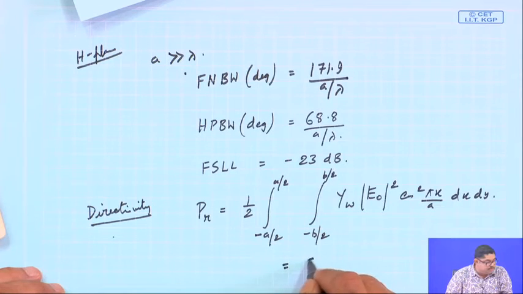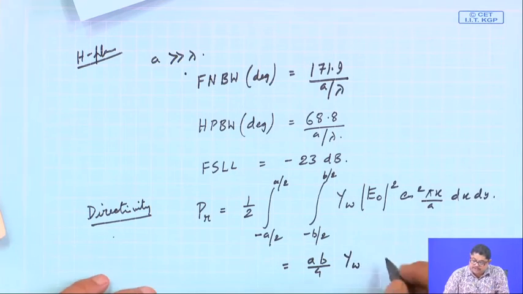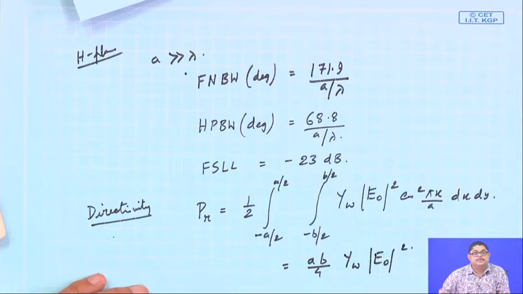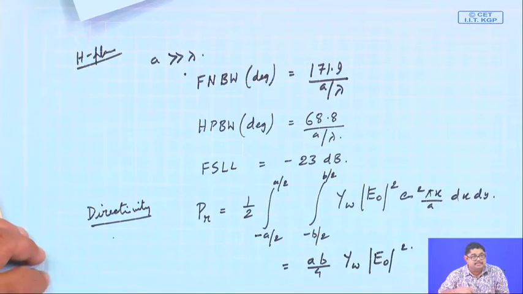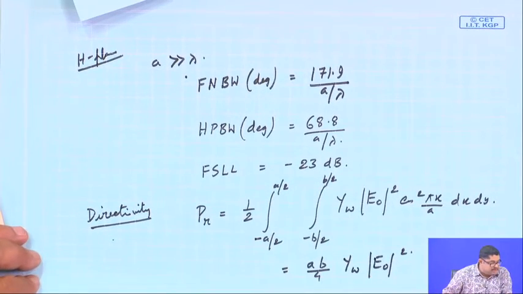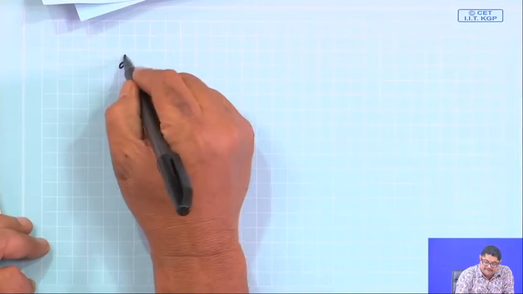So, if you do this, you will get ab by 4 times the wave impedance of the TE10 mode field into E naught square. This is coming because if you write the magnetic field for the TE10 mode, you will get this. Again this is PR, then dP d omega